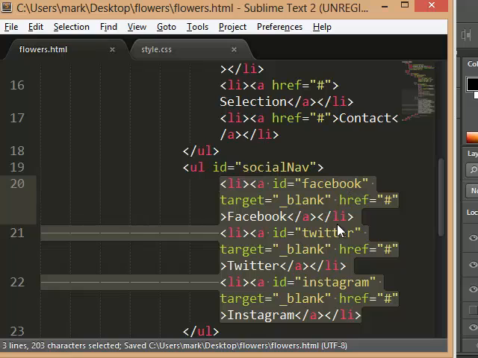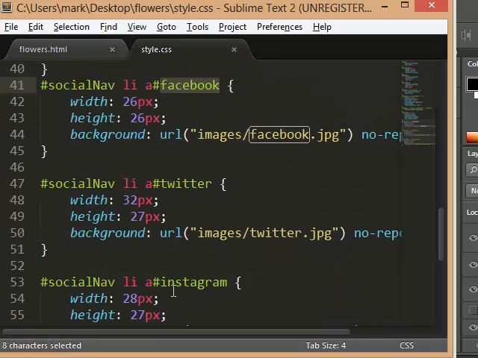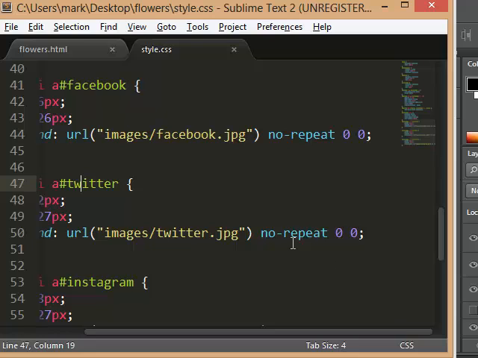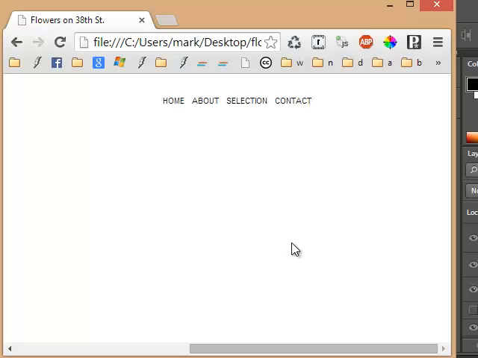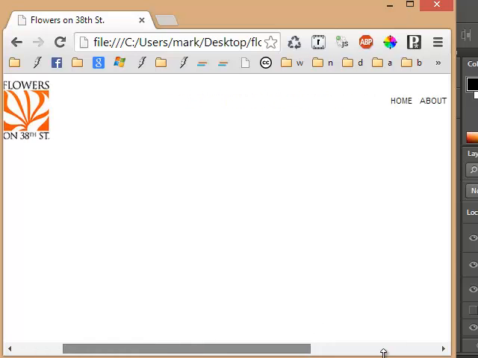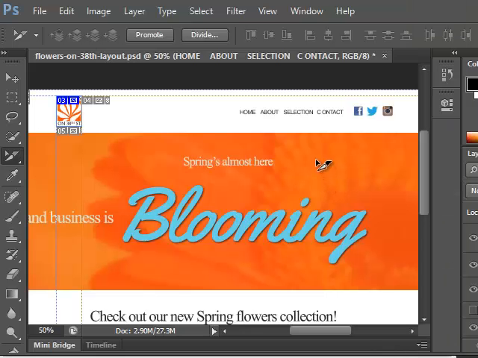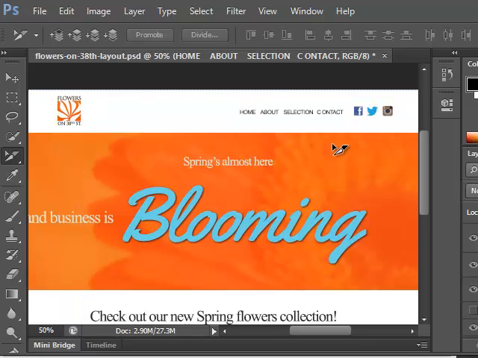So there are our IDs, Facebook, Twitter, and Instagram. Now we can go ahead and style like this. So we're going to give each of them a fixed width and height, and then we'll throw a background image on them. Oops, I didn't cut those background images out. So I'm going to delete this guy, and then I'm going to zoom in,